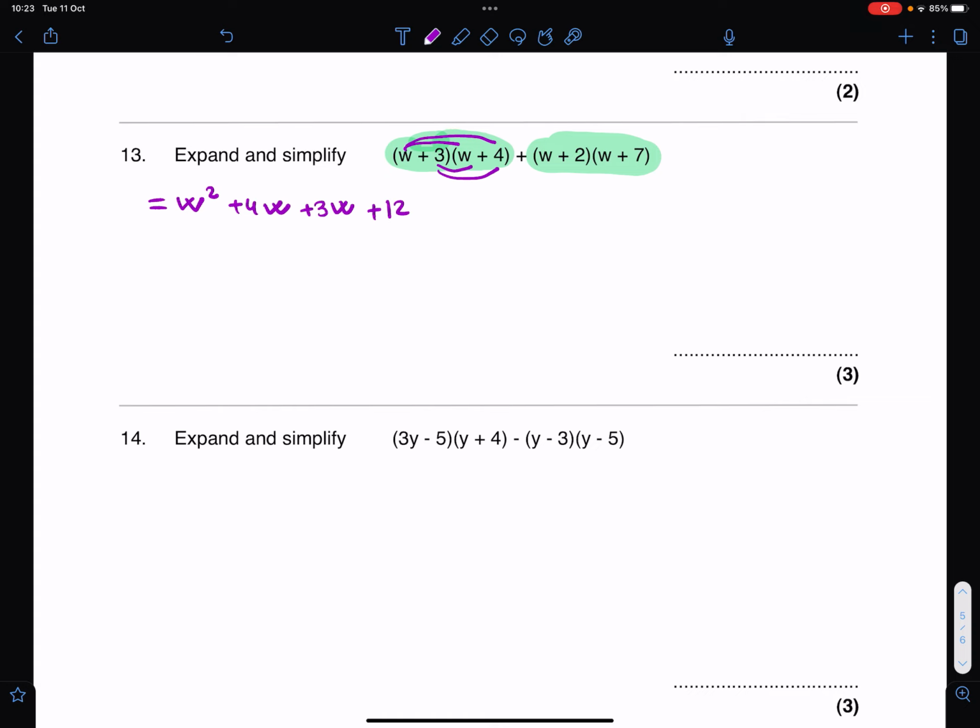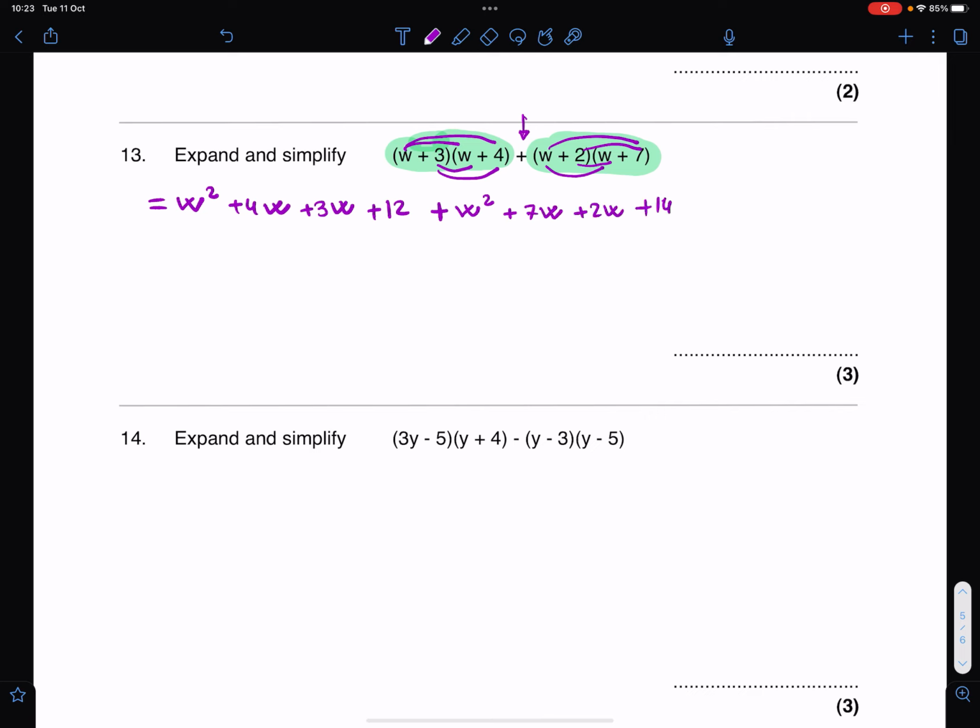Simply. But I have another one there. I need to expand this as well. So guys, it's a plus sign over here. Remember this. Plus. So now I need to expand the other bracket. I need to multiply w by w, w by 7, 2 by w, 2 by 7. So the w squared plus 7w